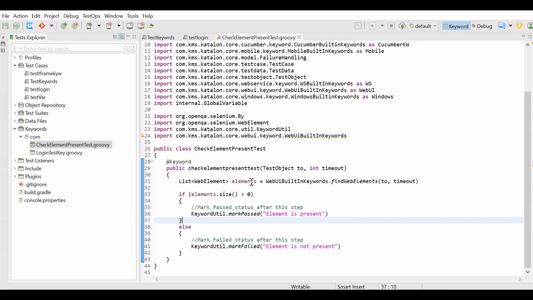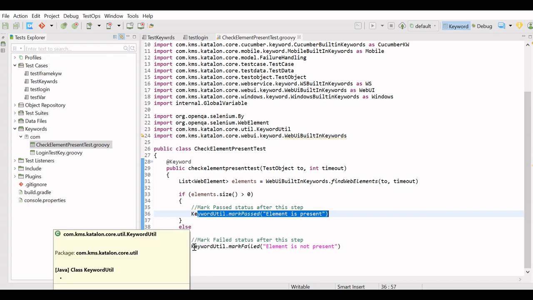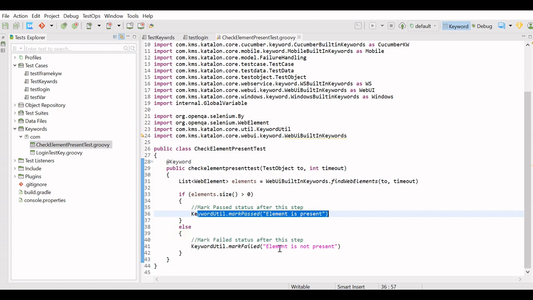And here we have created the instance of a web element and we found the web element, giving the test object and the specified timeout. If the element is found, then the test case is passed and we print that element is present, and if the test case is failed, then we print element is not present. So this is the element present or not present keyword.